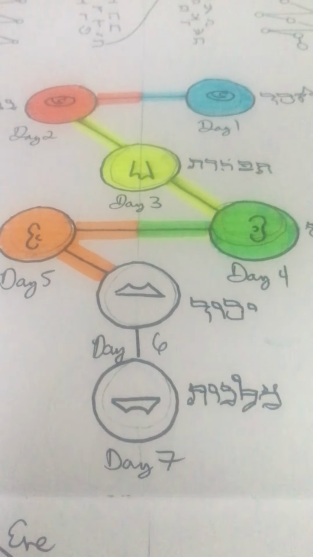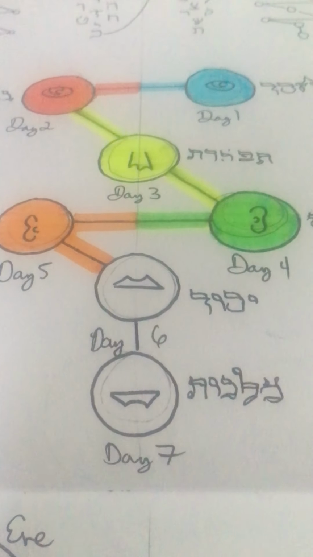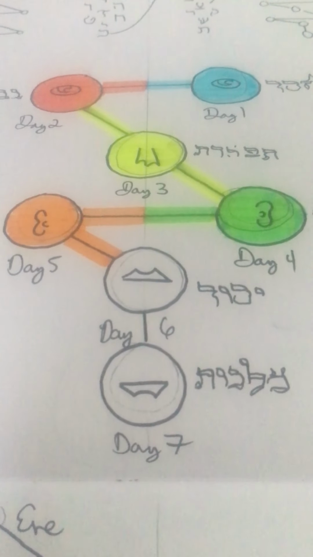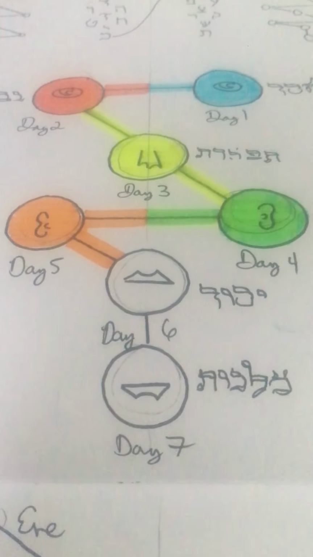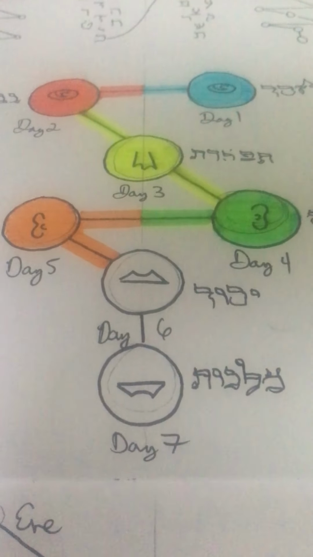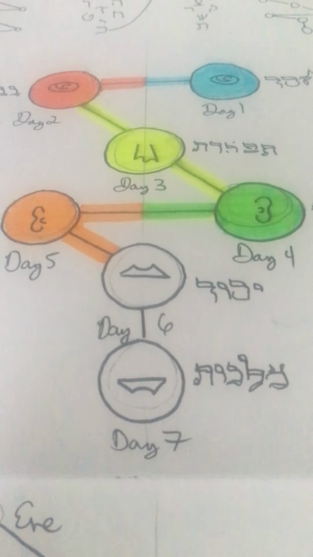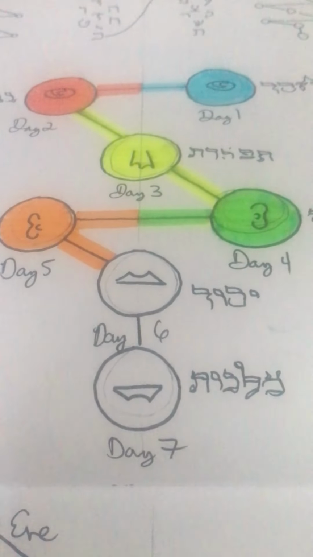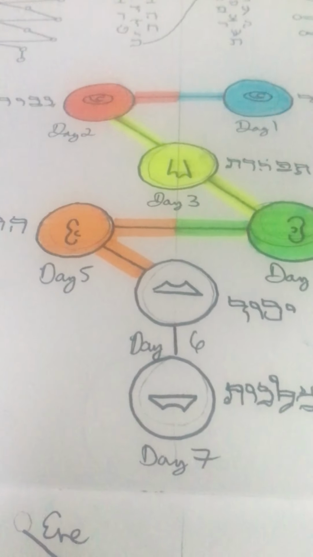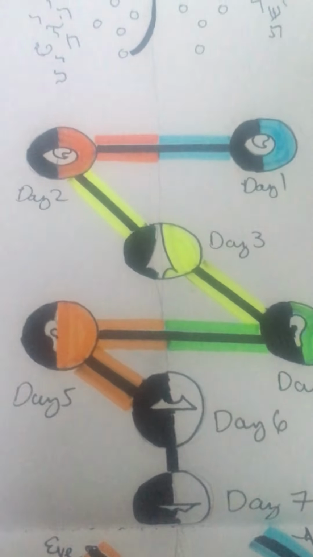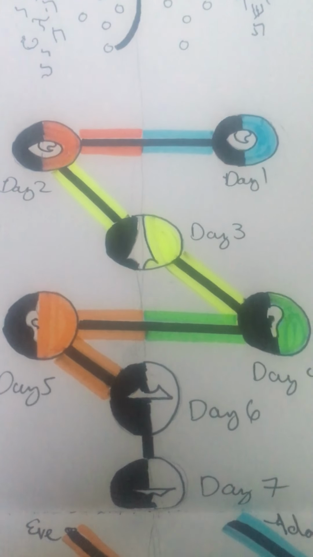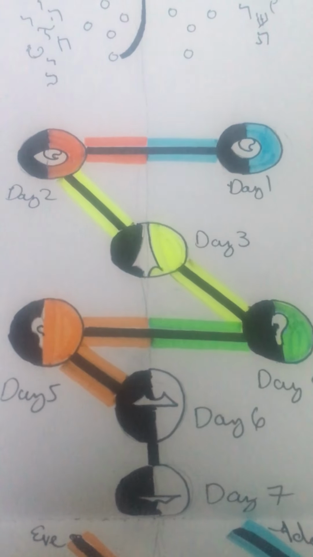But here we're analyzing the 13 qualities. And so to understand what the 13 qualities of compassion and judgment are, we must continue the sequencing. After the 7 days of creation, we have the story of the garden. And following this, we have a genealogy. Let us first analyze what happens in the garden. In the garden, it is said, that he caused a deep sleep to fall on the man. And it is said he took from his side.